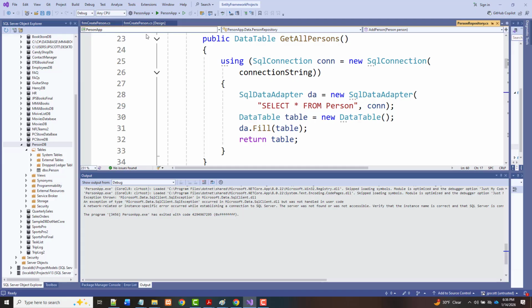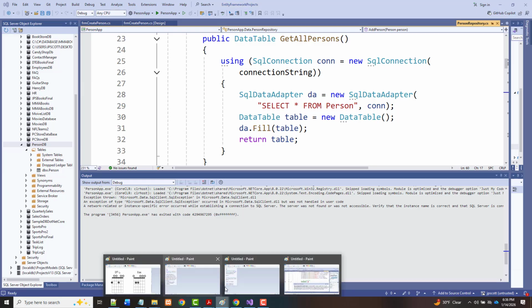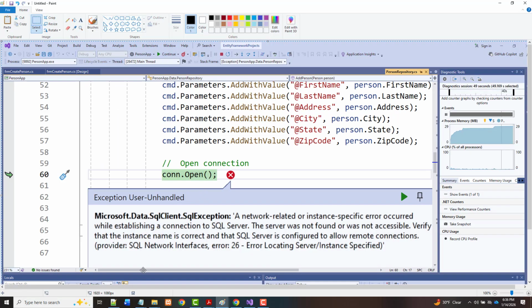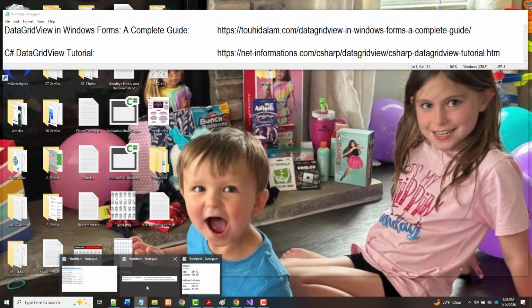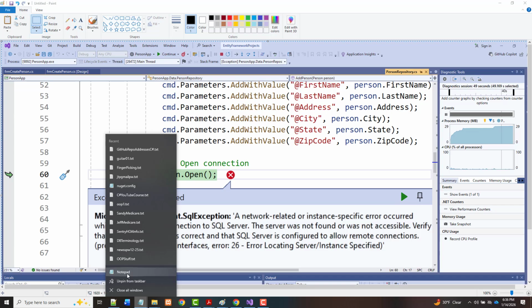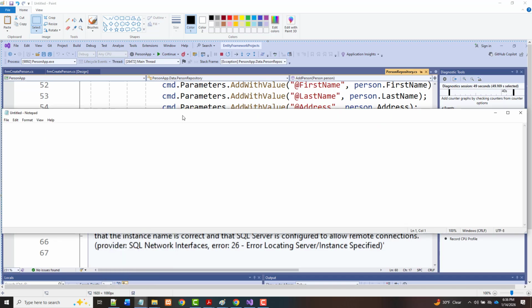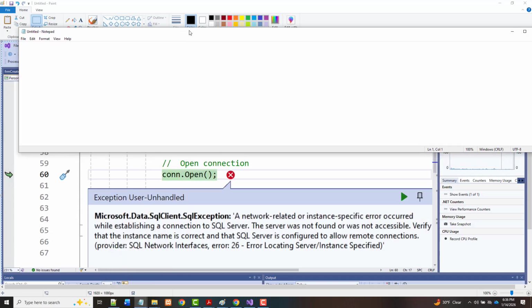I'm going to have to, like I said, so what I'll do, this is what I've been doing, is I copy down what the error is. And then I go out and try to debug it. So this says exception user unhandled. Then it's